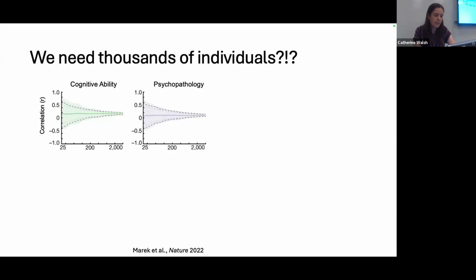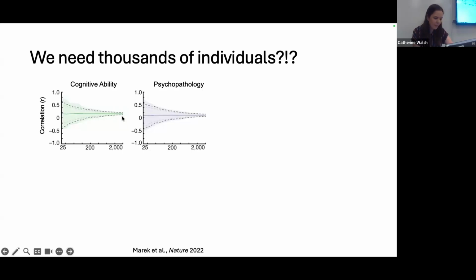They calculated resting state functional connectivity and then tried to relate that connectivity in the default mode network to two behavioral measures, the overall cognitive ability and different measures of psychopathology. And what these panels are showing here is that, across the different sample sizes, the correlation between the resting state connectivity and the behavioral phenotype, which is here on the y-axis, varies a ton with smaller sample sizes. And eventually, when you get up to kind of the thousands of subject level, it starts to converge to a